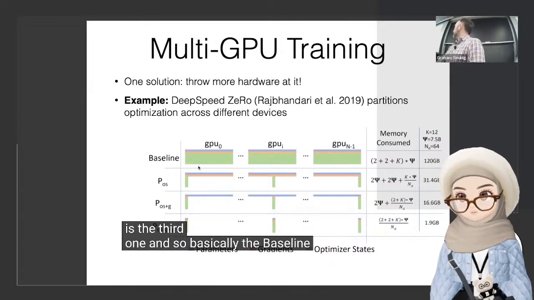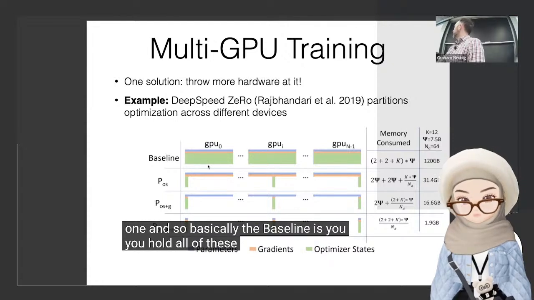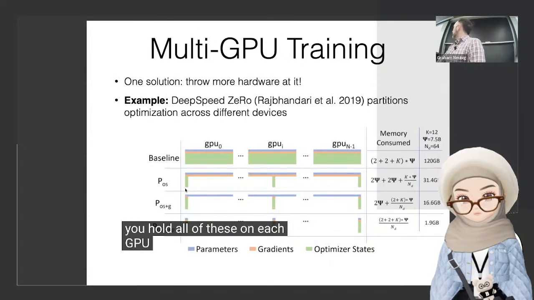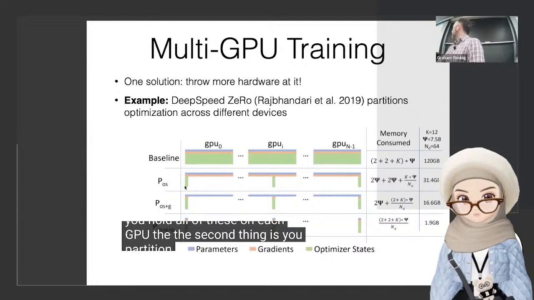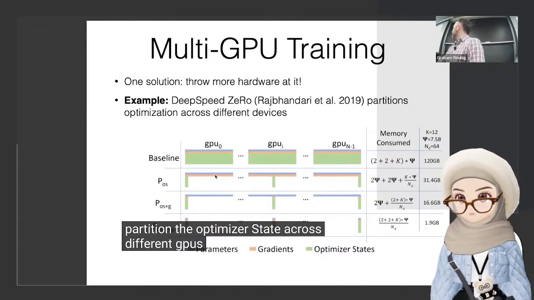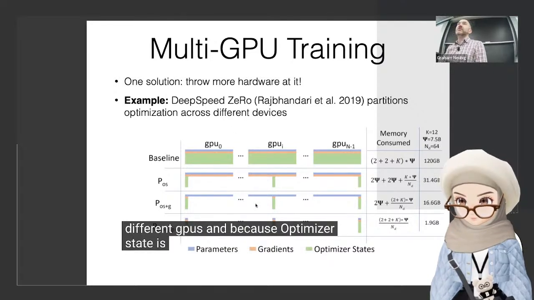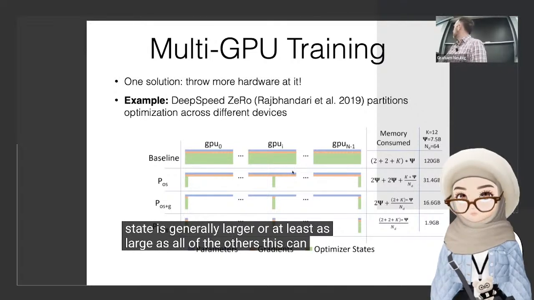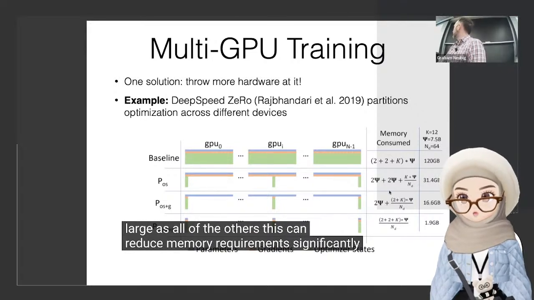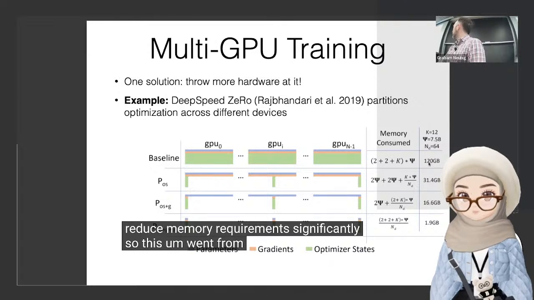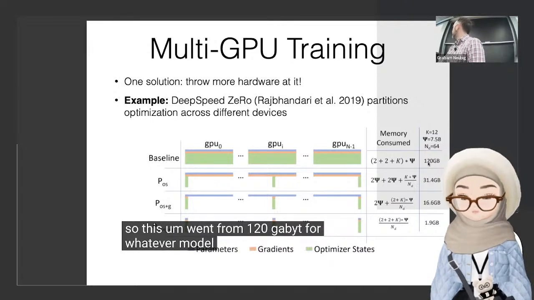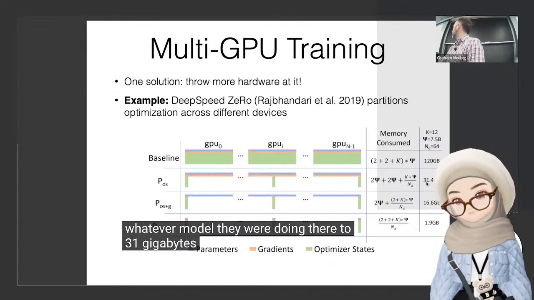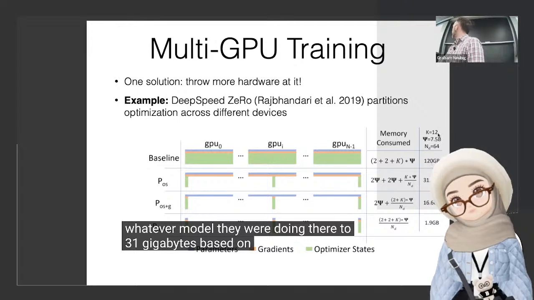Basically the baseline is you hold all of these on each GPU. The second thing is you partition the optimizer state across different GPUs. Because optimizer state is generally larger or at least as large as all of the others, this can reduce memory requirements significantly. So this went from 120 gigabytes for whatever model they were doing there to 31 gigabytes based on